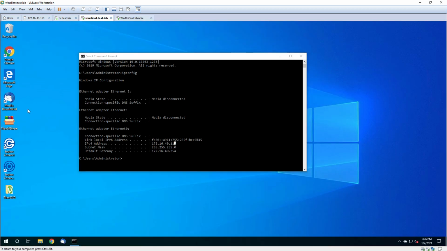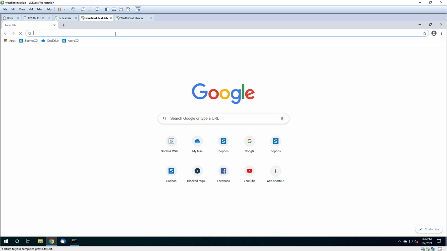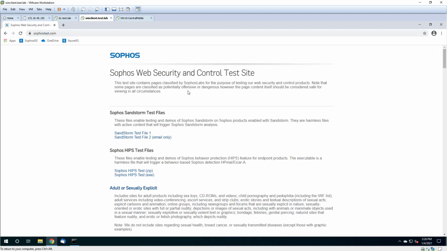And then back on the main machine, navigating to sophostest.com does work. So we can test it out that way. That's the best case if you actually have access to these devices. But let's say you don't. Say you're doing this remotely and you don't actually have a way to test this